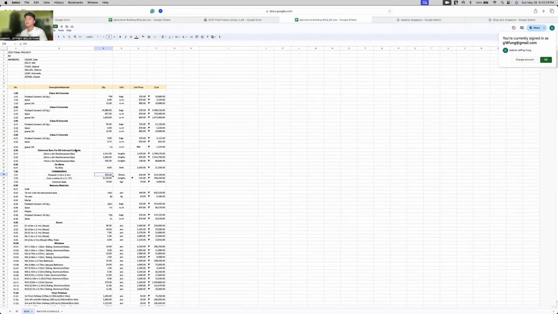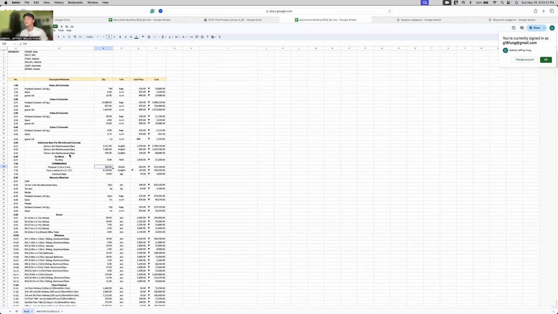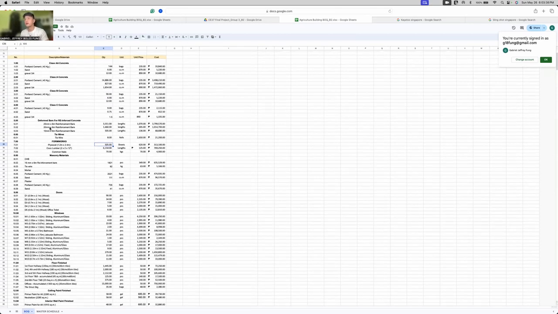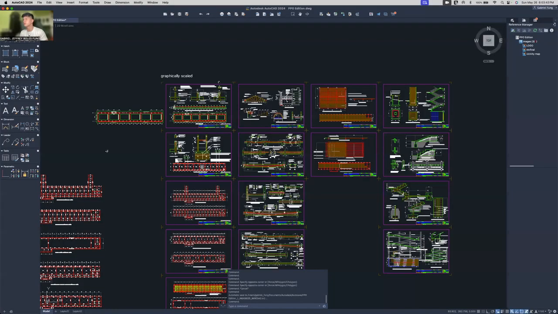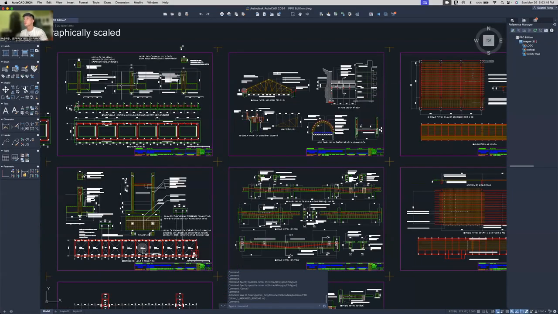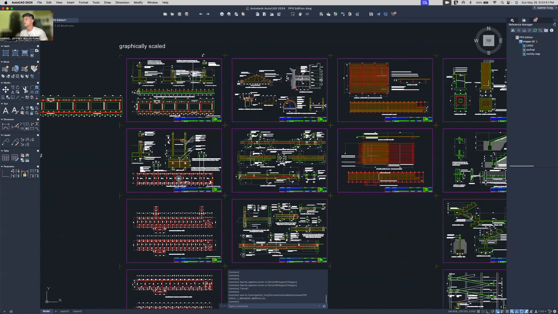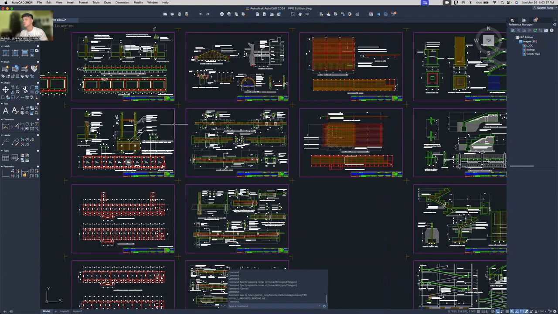So in this section of the video, I'm going to discuss how we estimated the number of deformed bars, the parts of the formworks, the tie wires, as well as the roofing materials that were needed for the agricultural building. So first is for the deformed bars. How did we identify that the 25, 20, and 10 mm bars were the only ones that we needed? It was displayed here in the plans for the columns, the beams, as well as the stirrups that only 10 mm, 20 mm, and 25 mm bars are to be used.